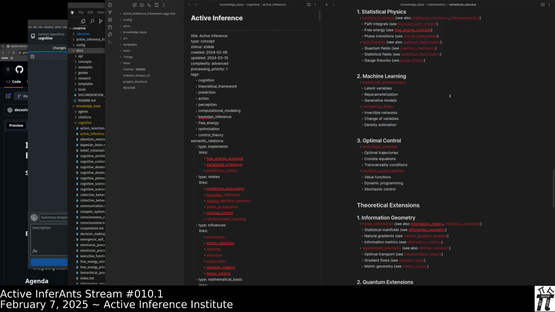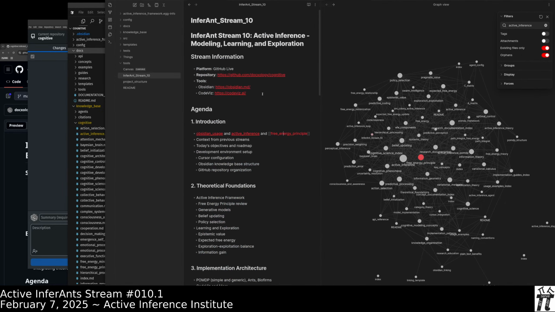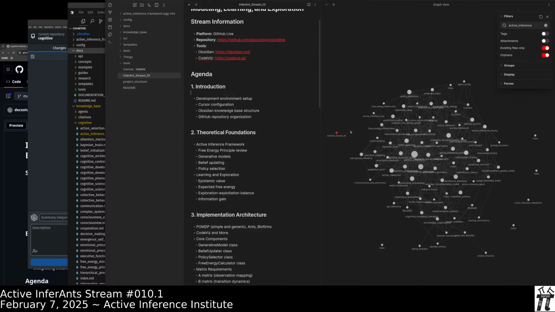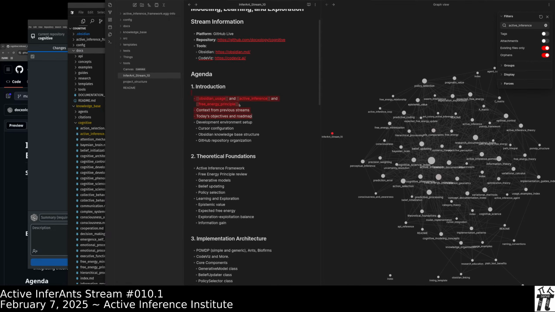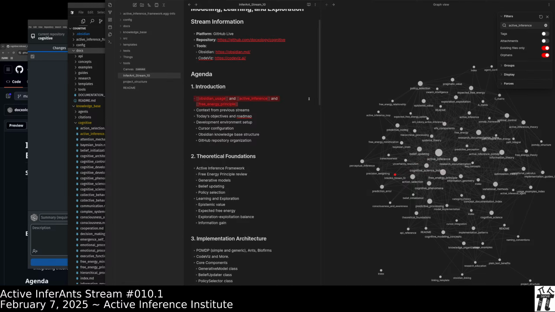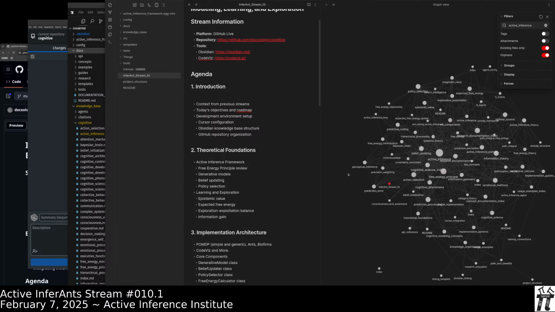Okay, so let's now go to the agenda. So free energy principle article, just briefly. Also, super long article with all of this machine readable information. We're going to explore a bunch of fun plain text. Oh, and that change. So here's where we are. Here's stream 10 connected to ActInf and FEP. And then when we delete this line, it disconnects.